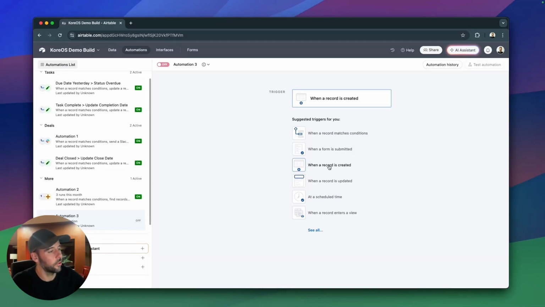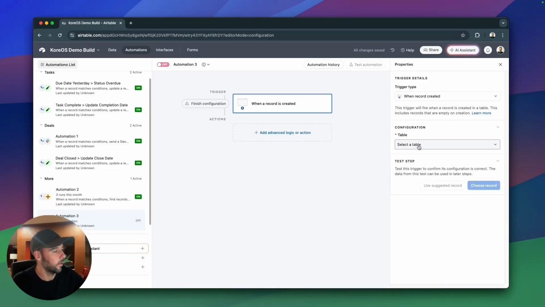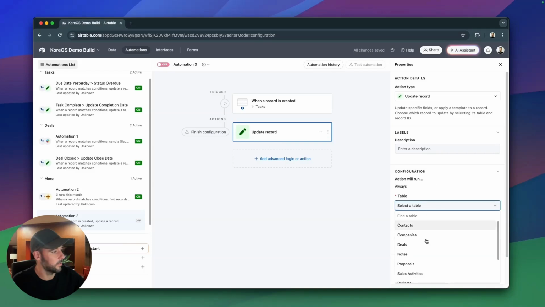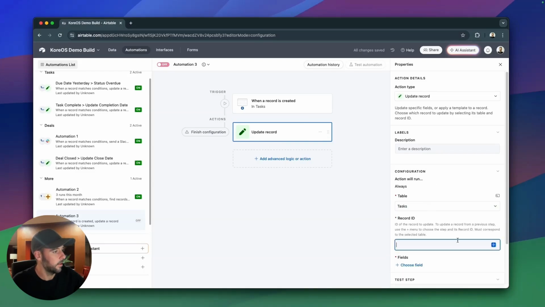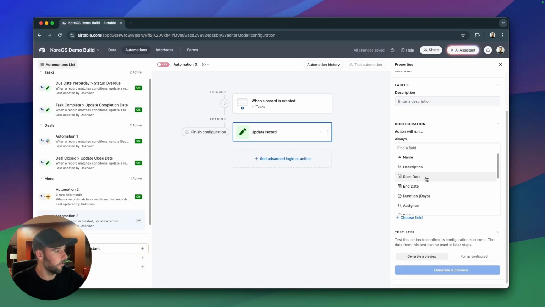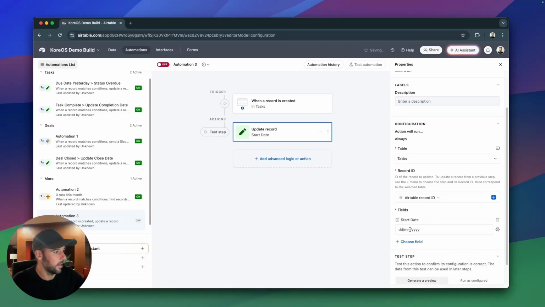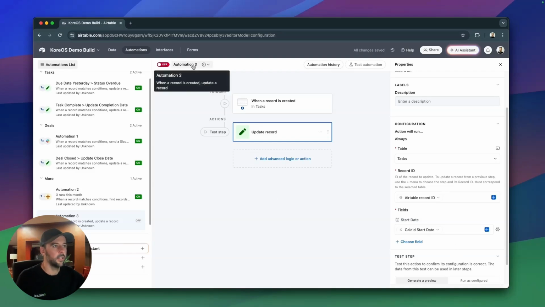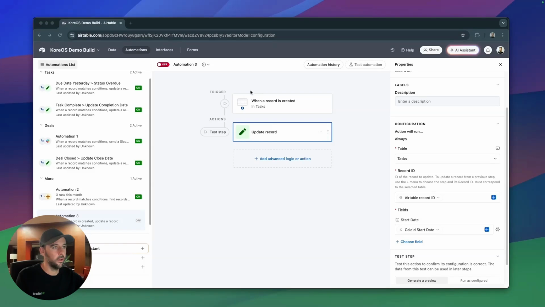And this time what we're going to do is we're going to do when a record is created, and we're going to use tasks. We are going to want to update the task record, so the new record that's been created. So we're going to go to the tasks table again. You're going to take the record ID of the record that's been created, and then we're going to update that record. We're going to update the start date here, and we're going to dynamically update it with the calculated start date. All right. So this one is pretty simple, this automation, but this just prints that second start date or